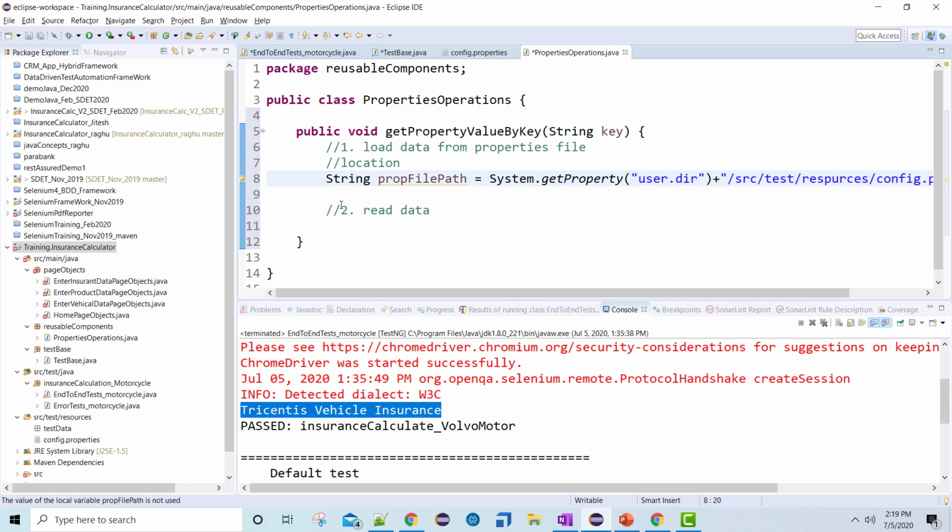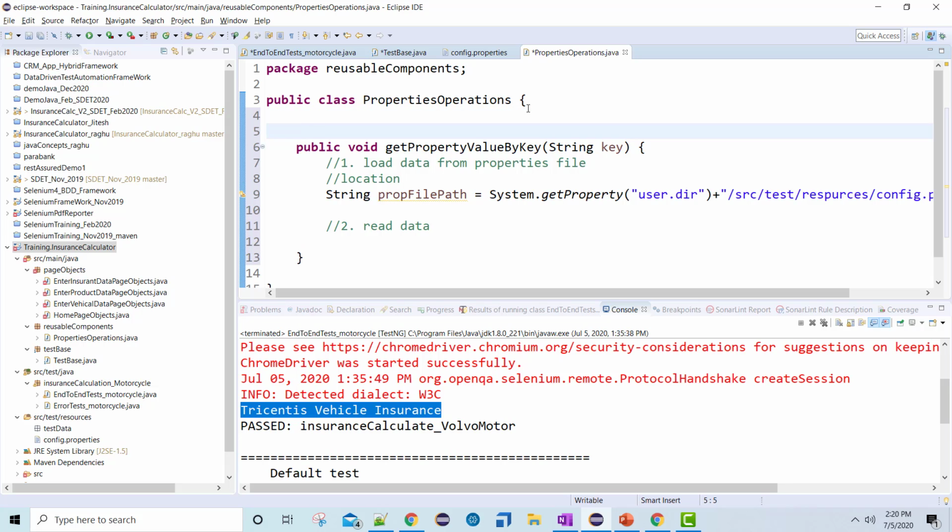Once I have the file path, since this is a file, I should create the object of File. That is mandatory. I'm trying to work with a properties file, so in order to work with it, we should create the object of Properties.